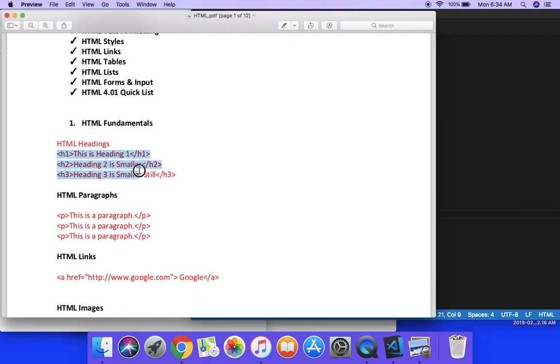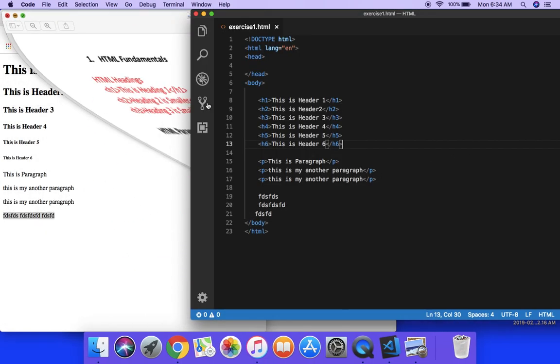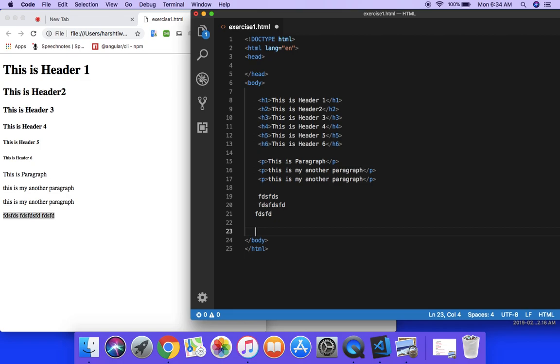So headings we have from H1 to H6, for the paragraph we use the P tag, and as per W3C who created HTML, whenever we open a tag, we need to close it. Then if you want a link, we can use the anchor tag. In the anchor tag we write the href. It means the hypertext reference. So let me write Google here, and I just want to redirect this to google.com, so I can write